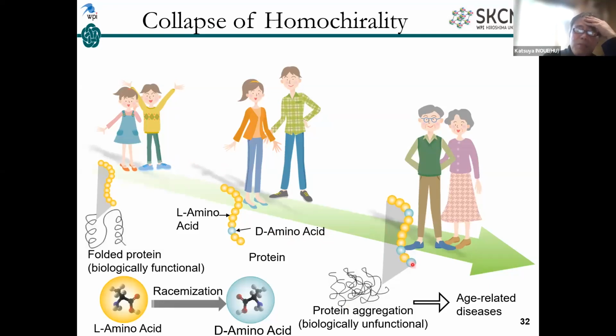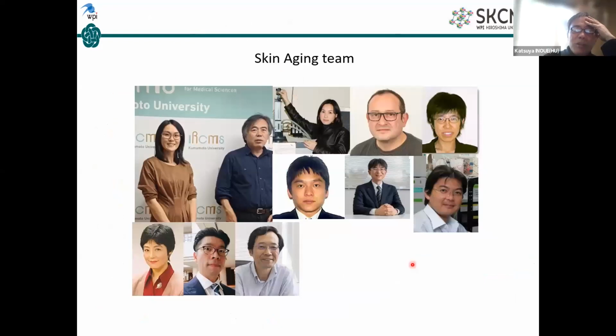Then maybe it's possible to consider that aging comes from the collapse of homochirality. Now we have already started our collaboration team, which is a skin aging team. These are mainly our members: Tate Sensei, and Danisu, the previous speaker, and other specialists for the